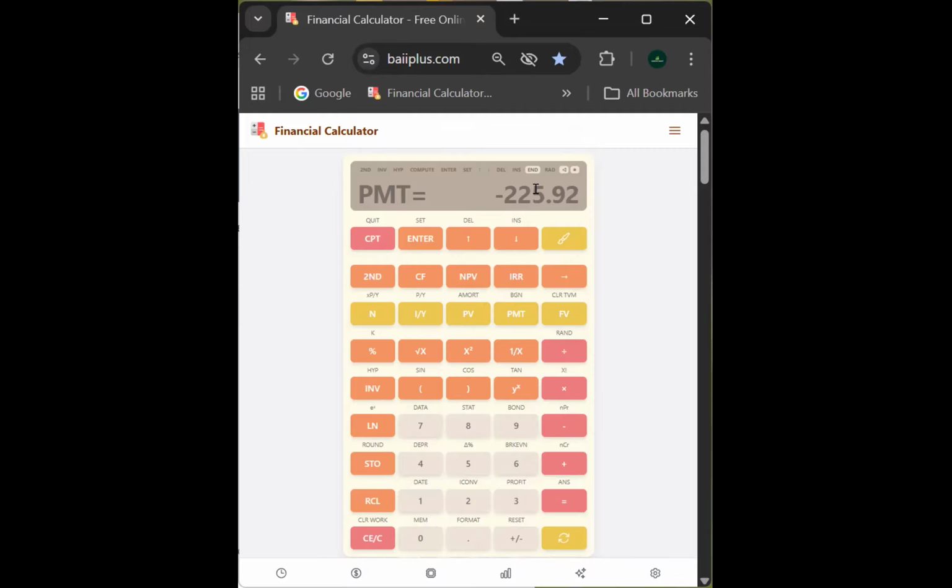And PMT is going to be a negative number because we considered the present value to be a positive number, an inflow. So the loan amount, we said, was an inflow to us. So this is going to be a negative number because it represents an outflow for the investor. Whoever is the loan bearer has to pay this payment, and this payment includes a certain portion of interest as well as a certain portion of principal. So if I multiply this by 13 years,